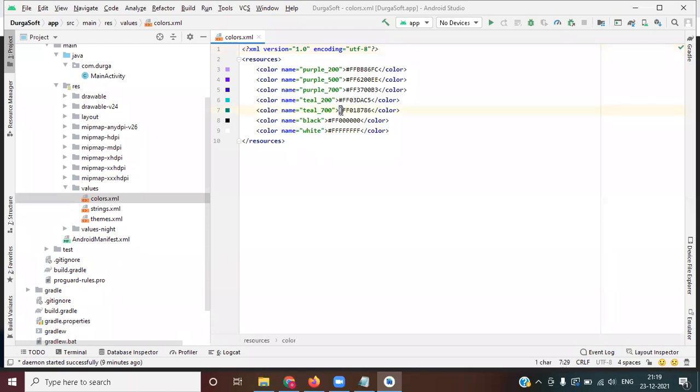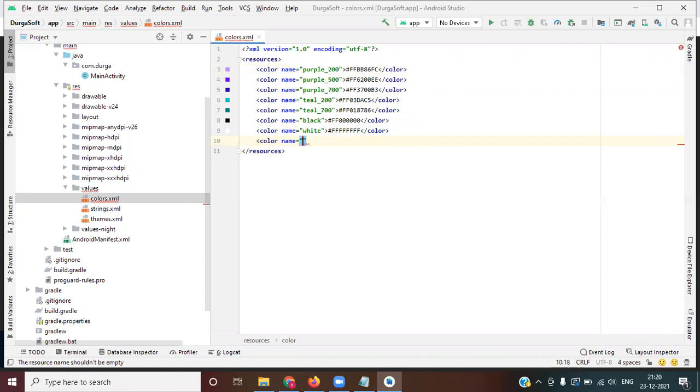What is hexadecimal? Hexadecimal format means the color must start with a hash and then 6 or 8 characters. For example, I would like to write white color. So what is the color code? For example, here I am writing just CO. It is giving suggestions: open tag, close tag, white color is there.